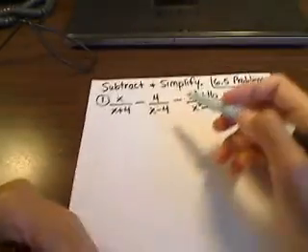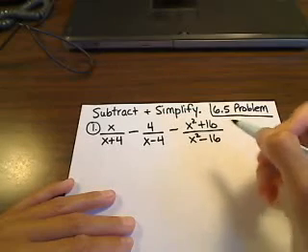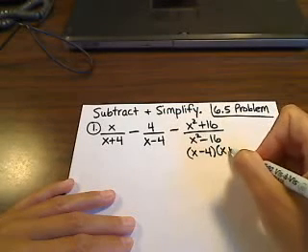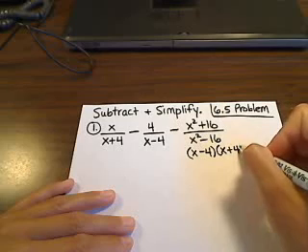So in order to identify the LCM here, I would want to factor everything fully, everything in the denominator. So this is going to become, LCM here is going to become,